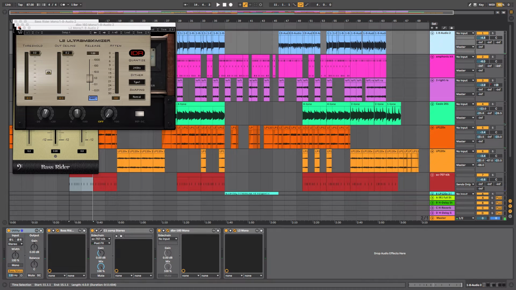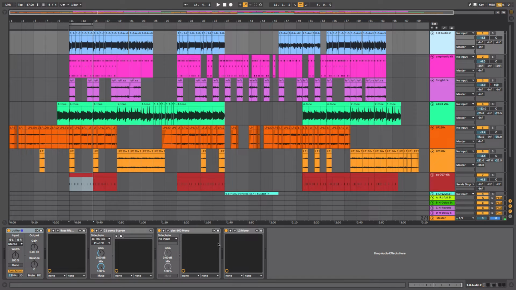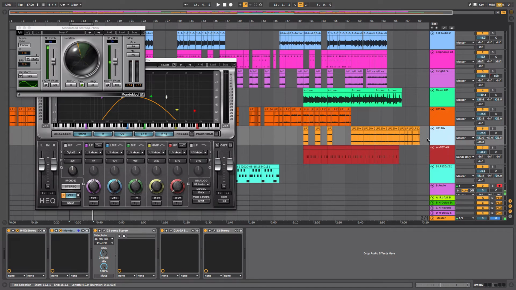I know the L2 isn't actually doing anything, but it's just become part of my ritual to put one on every track at -2 dBFS because it just ensures you'll never have any overs at the end of your signal processing chain. So the final bits of mixing and producing are centered around the two sample tracks. The flugelhorn track,